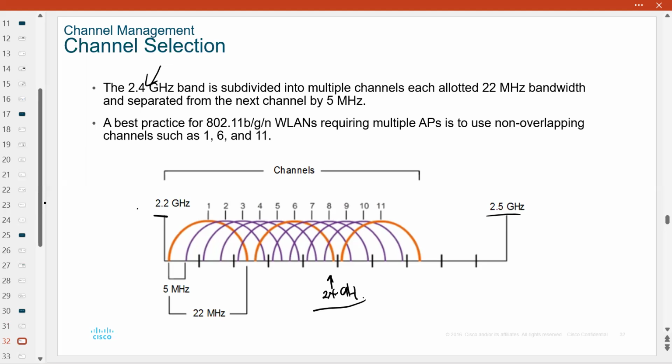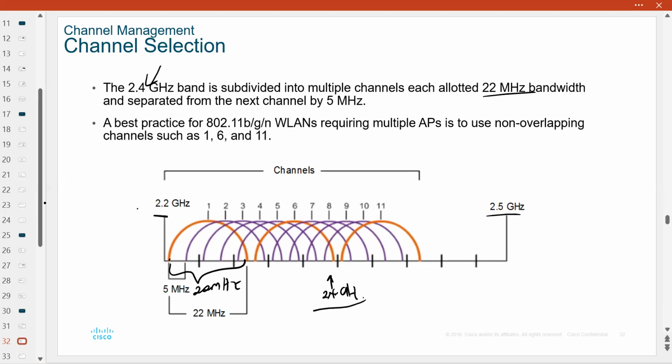That range of frequencies is divided into smaller ranges called channels. Each of the smaller ranges is about 22 megahertz. So we have 22 megahertz between this orange one, between this and this. This is 22 megahertz, just to know the channel. Now, if a lot of devices are using channel number 1 in the orange hue, that is saturation. So to avoid saturation, we have those three ways that we've discussed, which help in mitigating